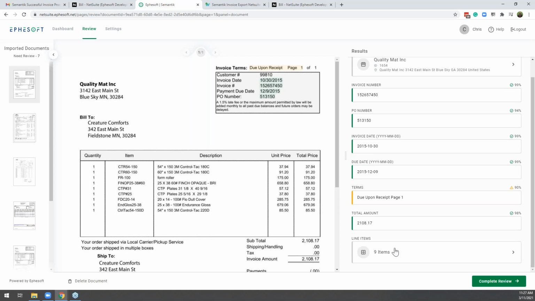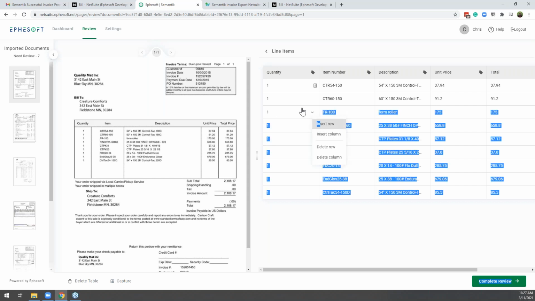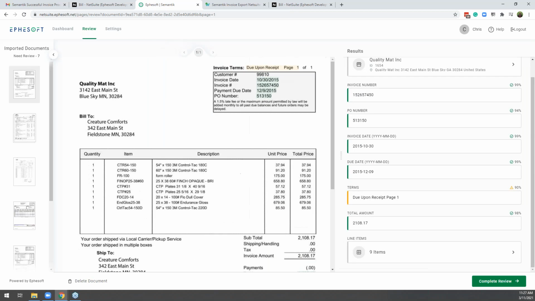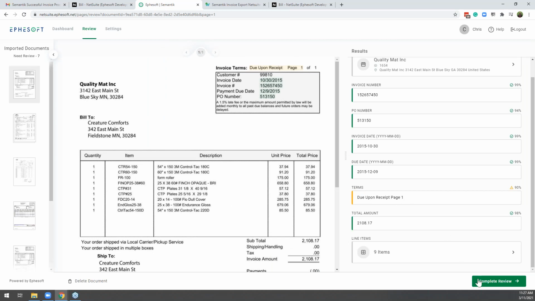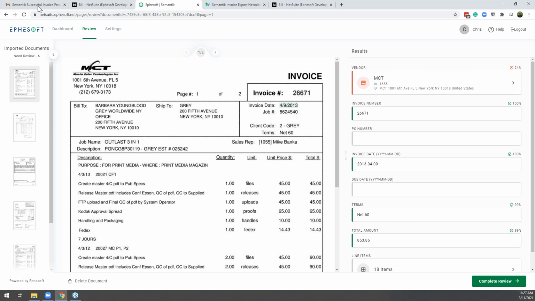A couple other things, the line item detail, we talked a little bit about that. Our AI models will go through and rip the table data apart. If there are columns and rows, we can see those different items there. Users can come in here and insert a row if they need to add another row, or insert a column, and really manage the data extraction accordingly. So again, very easy, and as we get these items in, we can address the threshold and exceptions and quickly, easily send them along their way. So I'll just do that.